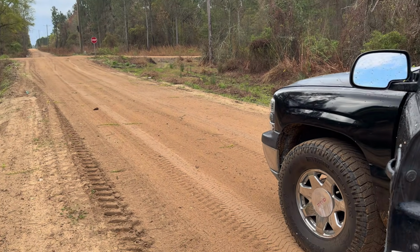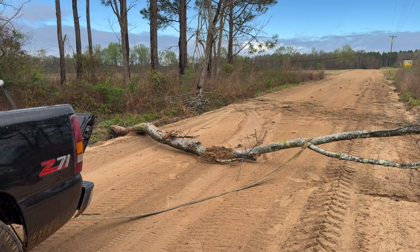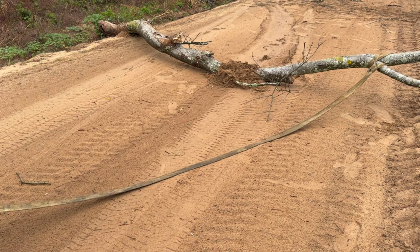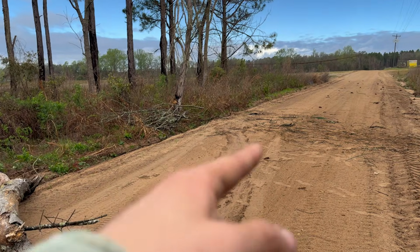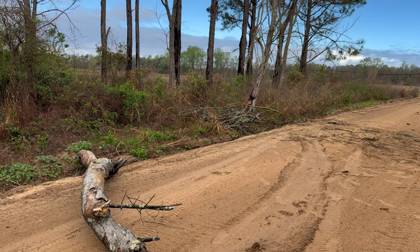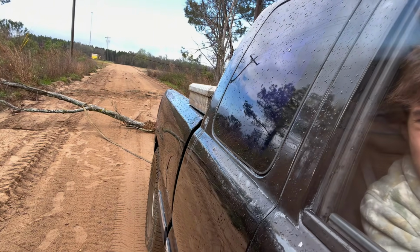Decided to back down the road, and I got her pulled out the way, got it all cleaned up and nice and neat. And I'm about to pull the top of this down there so that all the water can still drain. And I piled everything up right on the side of the road out of the drainage area. I can't lie though, I'm wicked surprised that it's doing it this good, because